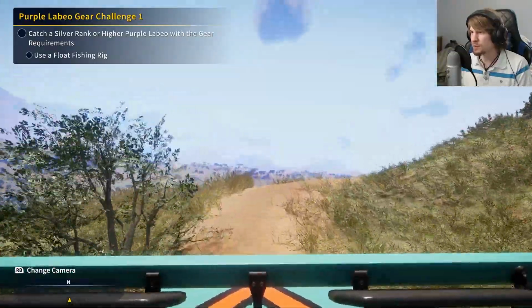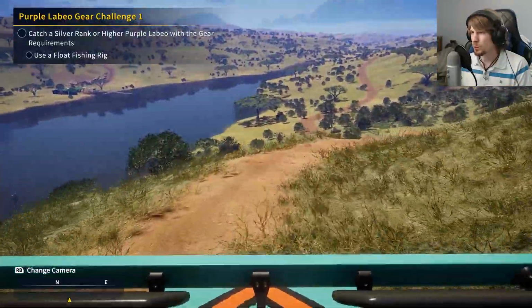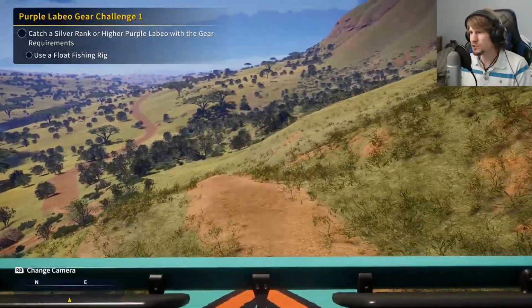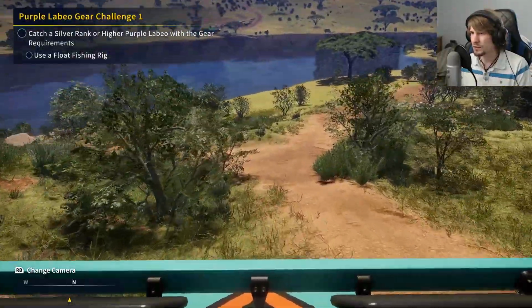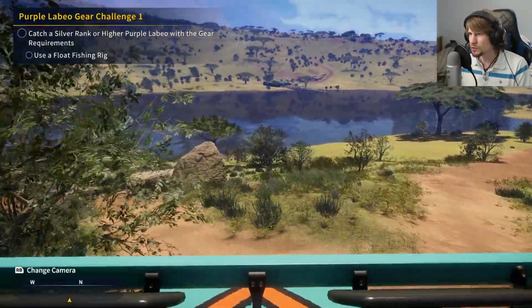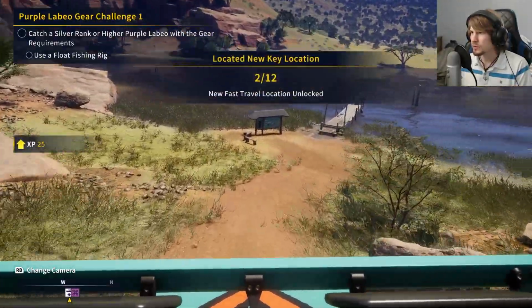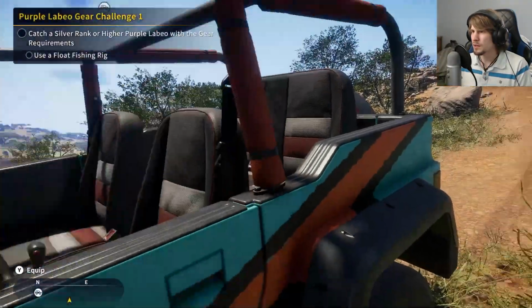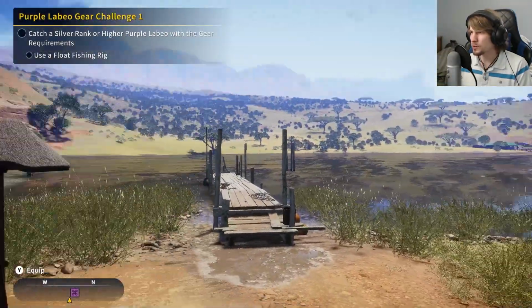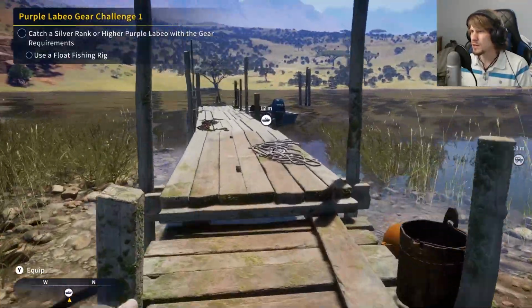I was kind of hoping I would find an icon on the map to say which species of fish each water body has, but we haven't had any luck there, so I don't know where to try for the labio, or whatever they are. But we've at least got a fast travel location opened up here. And to be honest, I think it'd probably just be easier to take a boat and go over to that spot, because I think that's going to take us to...